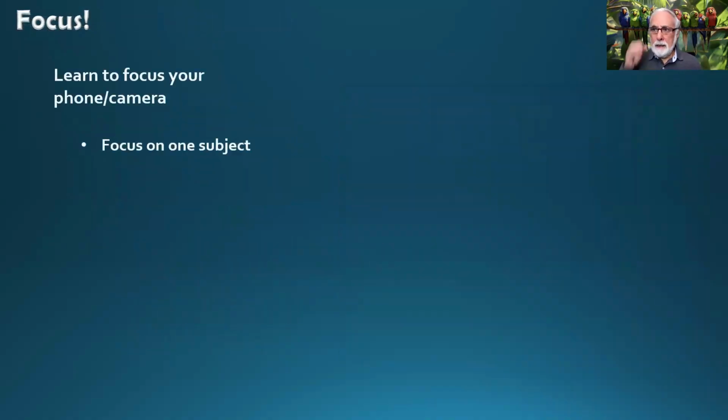Okay. Learn to focus. Focusing is a really critical skill with a smartphone, and it's really easy to master. I'm going to show you how. You basically only want to focus on one thing. I mentioned earlier that cameras have to focus, our eyes don't. Assuming our eyes are corrected with glasses, or if we don't need glasses, we see everything in focus,